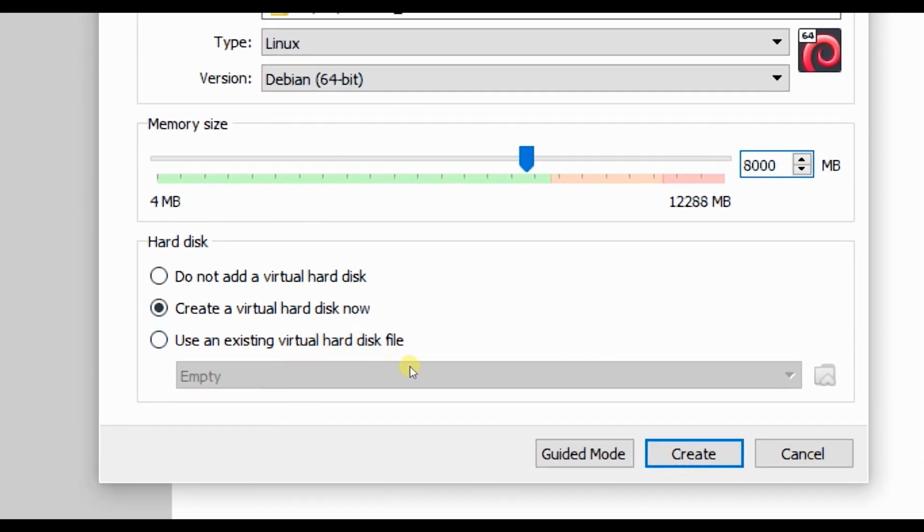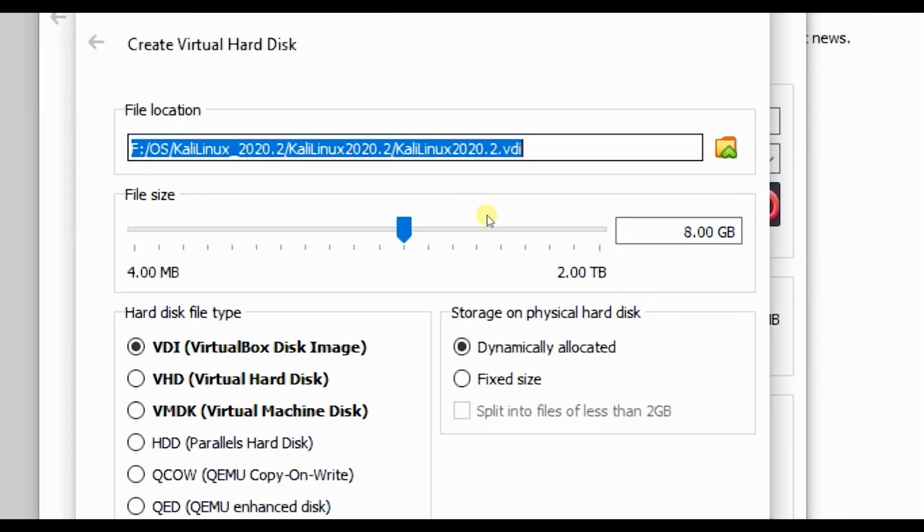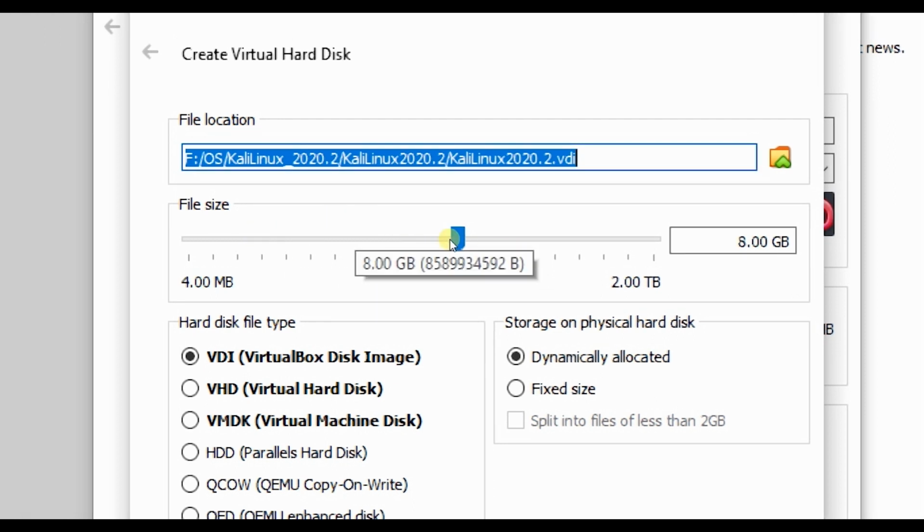And now here there is an option. Click on Create a virtual hard disk now and click Create. After clicking on Create, it will ask for additional information. Now the file size: how much total dedicated physical disk you want to allocate to your virtual machine.